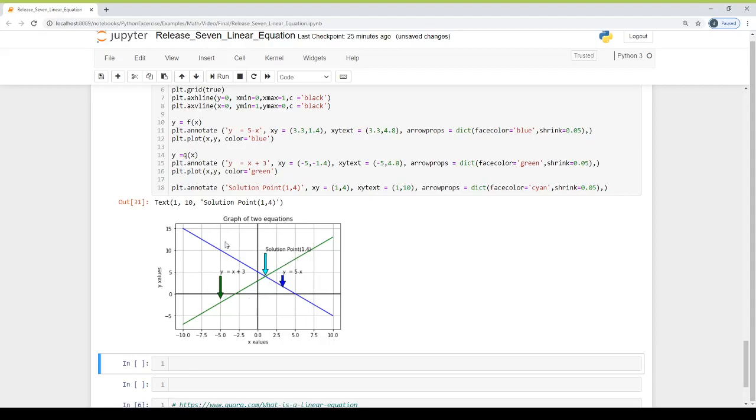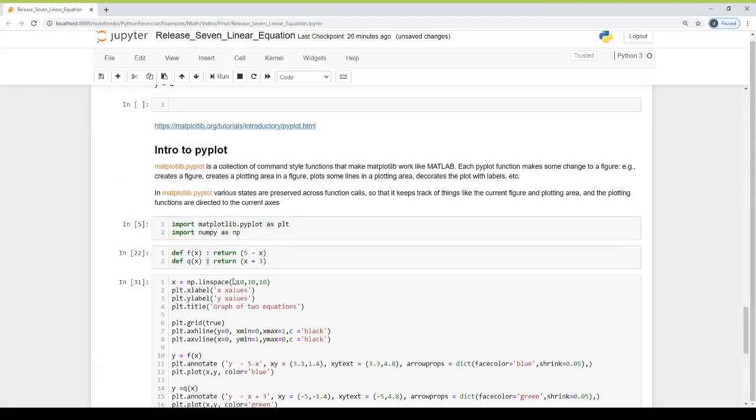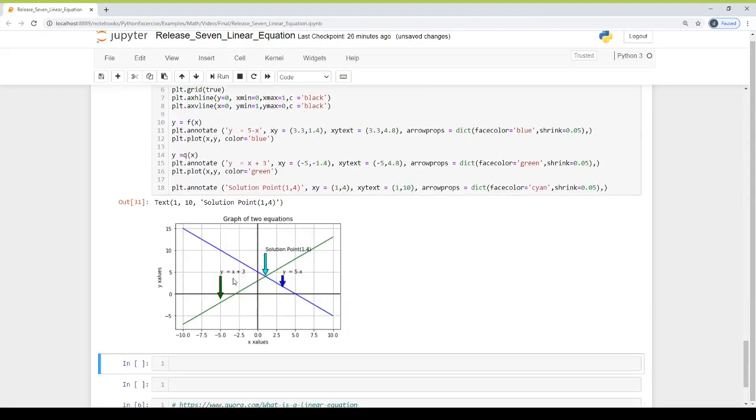So we have drawn the two equations and checked the solution by graphing the two lines. We have drawn the graph using the Matplotlib library. So guys, in this video we have seen what linear equations are and how to solve them, and we have also drawn the graph. For now it's time to say bye. We will meet in the next video about application of linear equations.